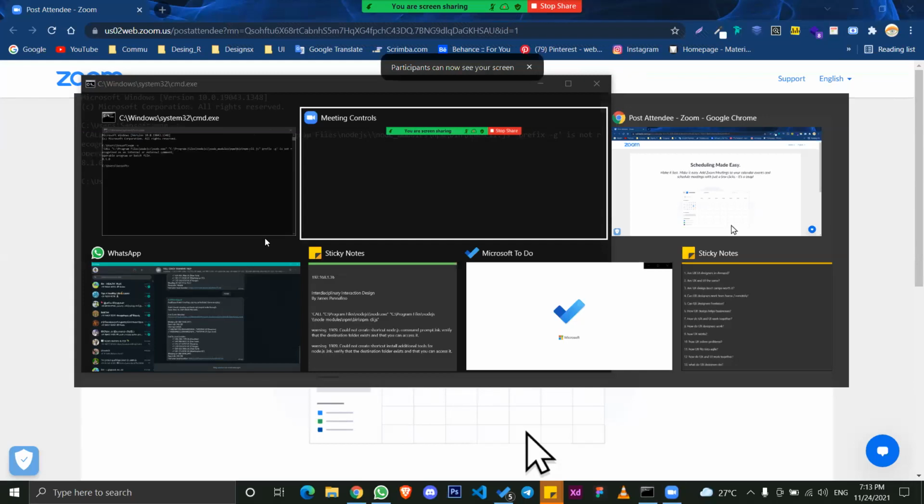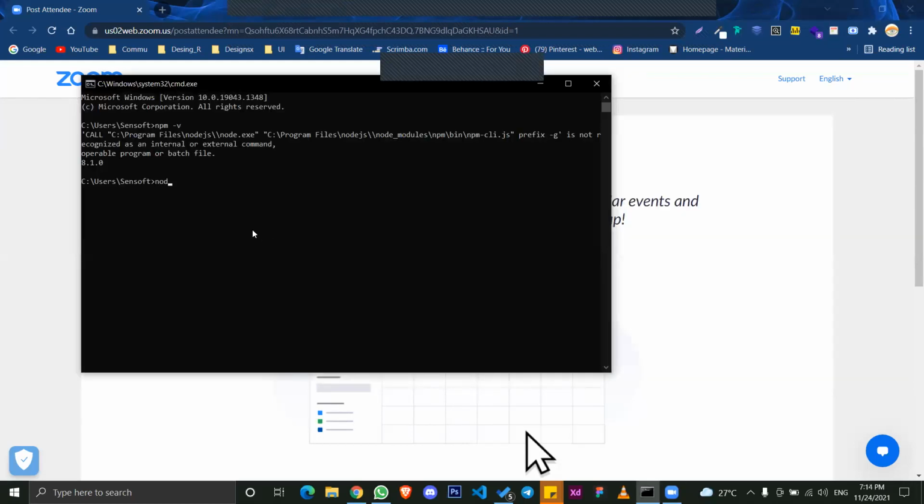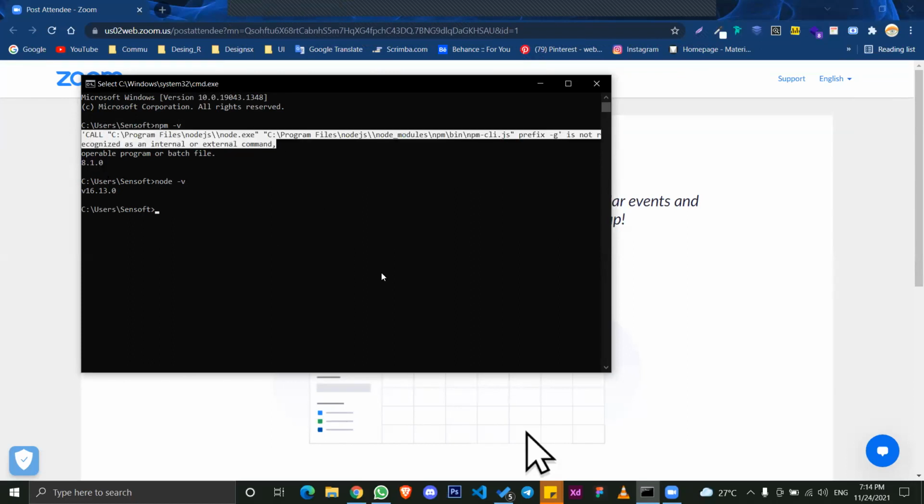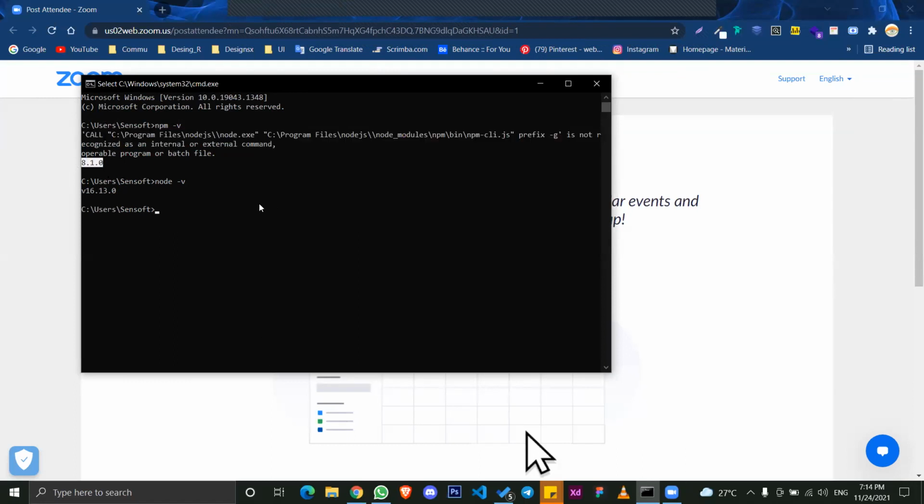Did you install Node? You installed Node, but npm is not. Okay, npm is installed. But it showed you the version, right? Just write npm install